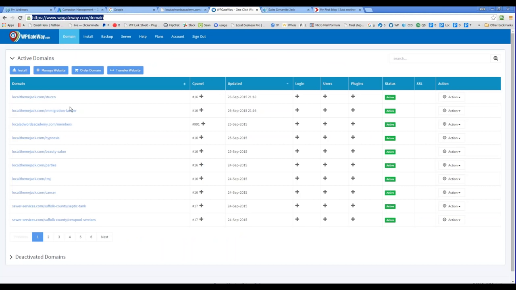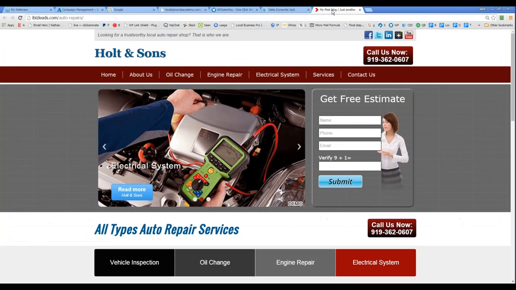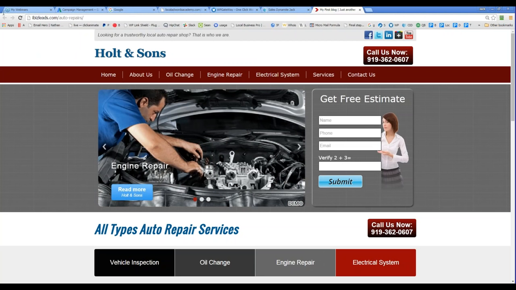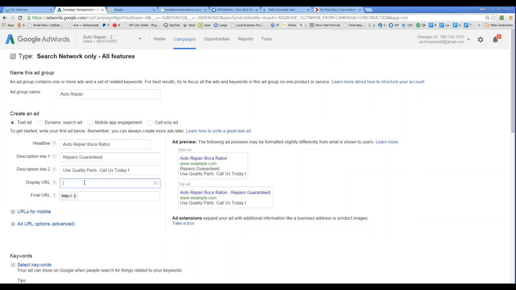Or in the gateway, you said, I want to install a theme on a certain domain. It's very easy. Okay, I just copy the domain name. I make sure I'm on home. This is just an example. You will put the display URL as you like.